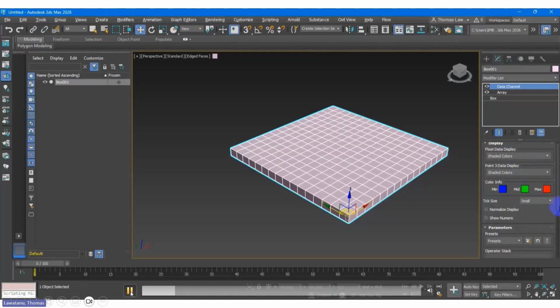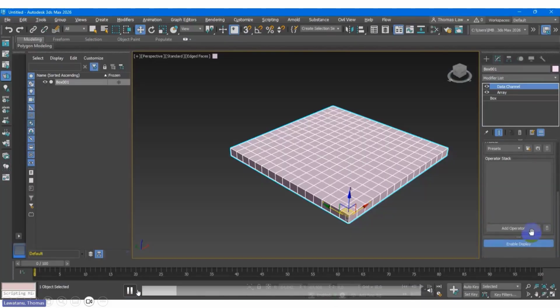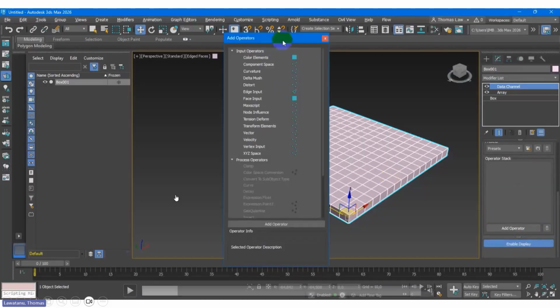Okay, so this is the point data and then this is the operand. See the operand, input the operator. There are a lot of operators. Some operators are viewable and the rest are not viewable, as you see on my screen right now. This is the default.